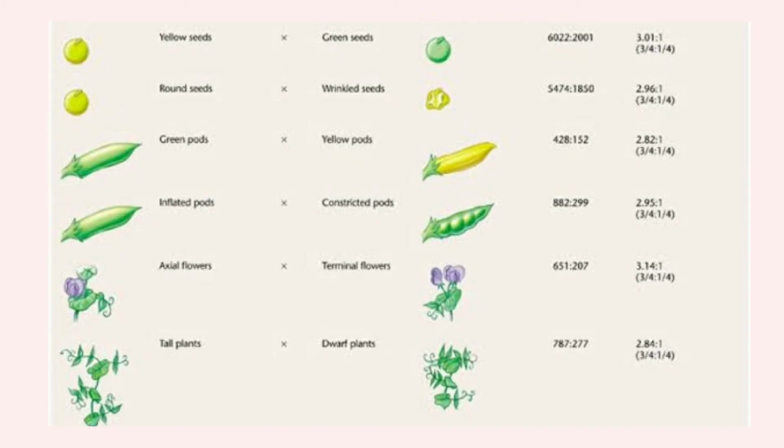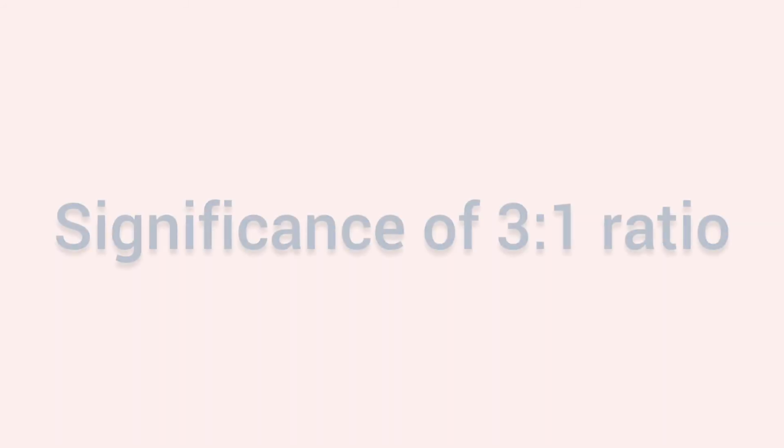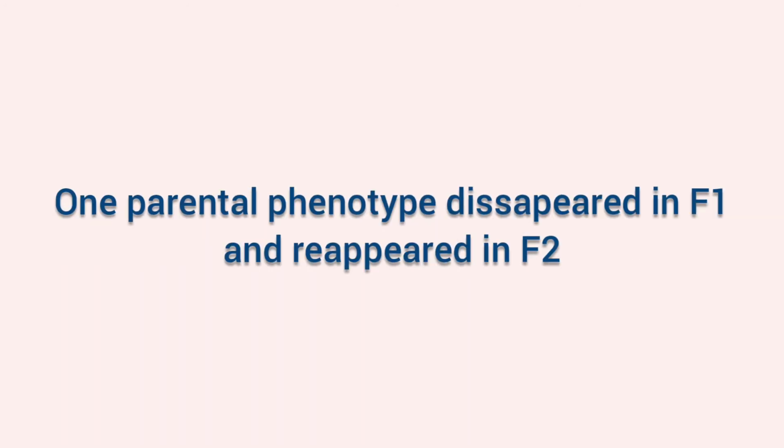Mendel repeated the crossing procedures for the 6 other pairs of P character differences. He found the same 3:1 ratio in the F2 generation for each pair. By this time, he was beginning to believe in the significance of the 3:1 ratio, and he began to seek an explanation for it. In all cases, one parental phenotype disappeared in the F1 generation and reappeared in 1/4 of